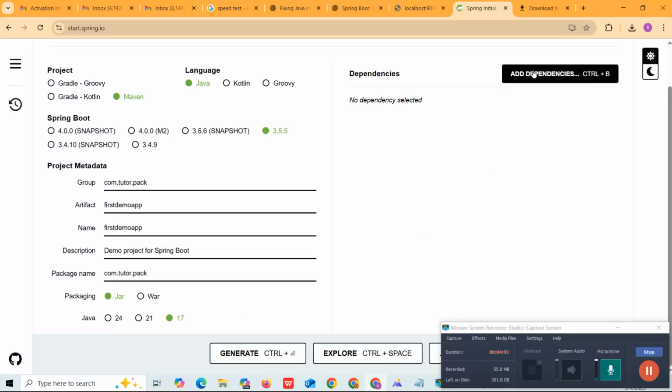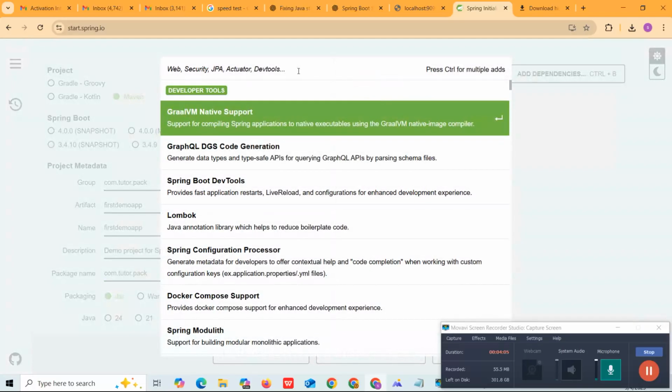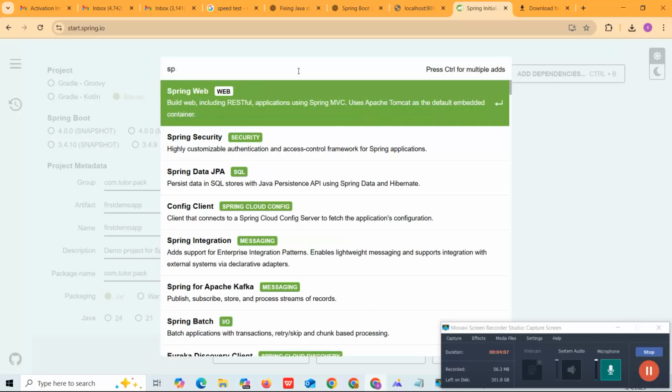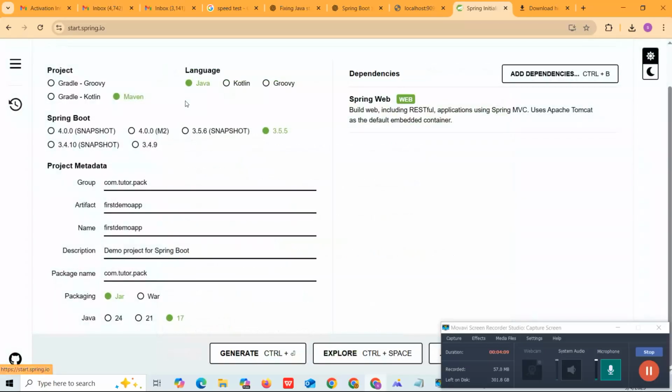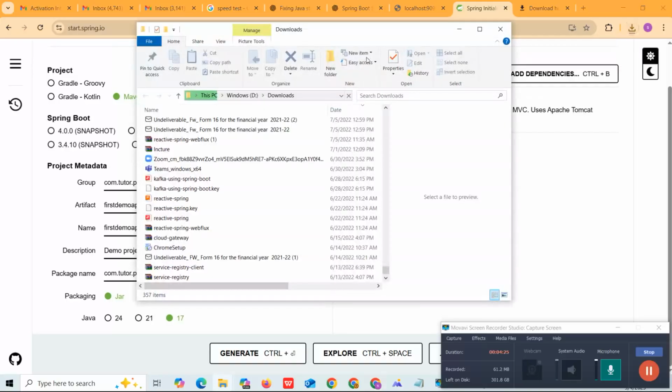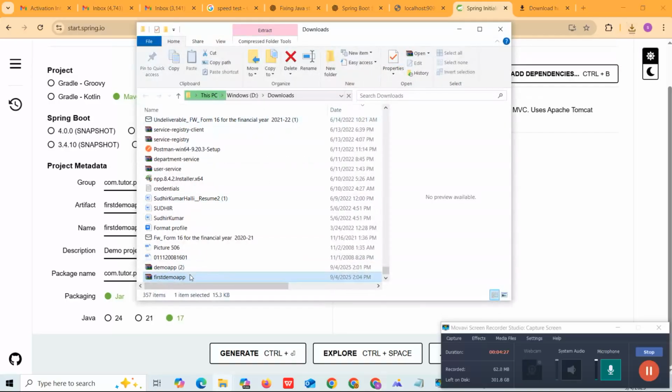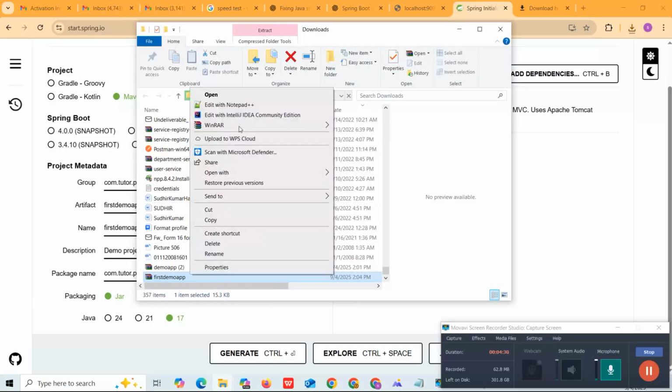So I'm using dependency which is of type Spring Web to initiate the first Spring Boot project. So let's generate, which will generate Spring Boot project. Let's unzip it,